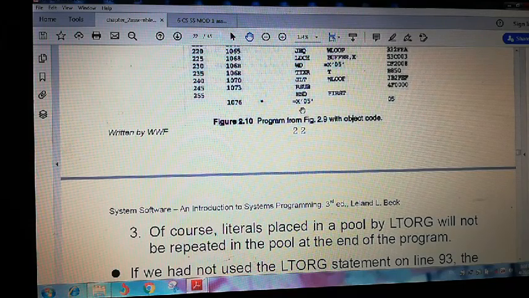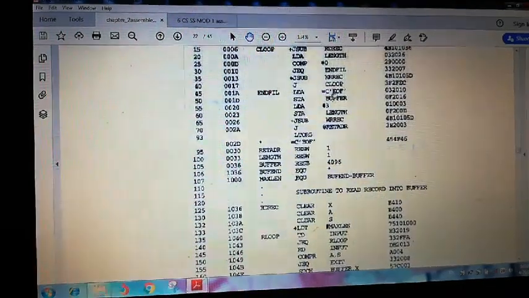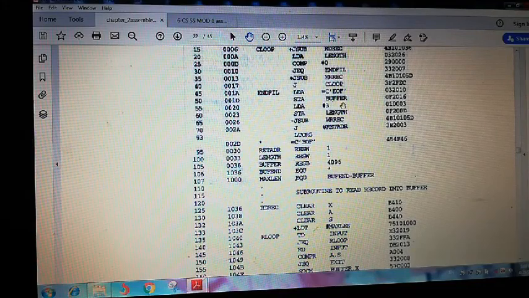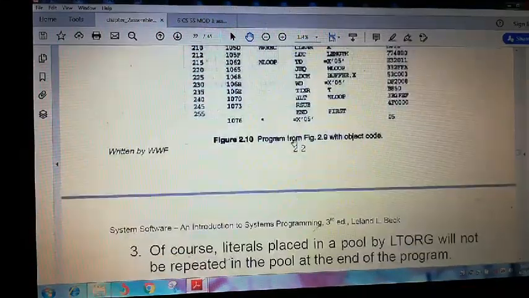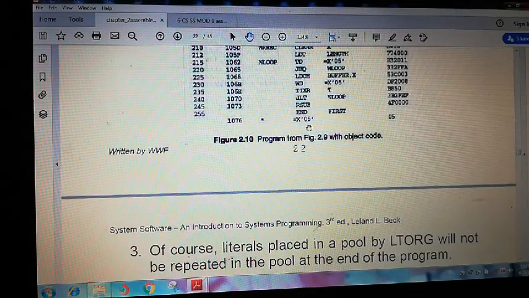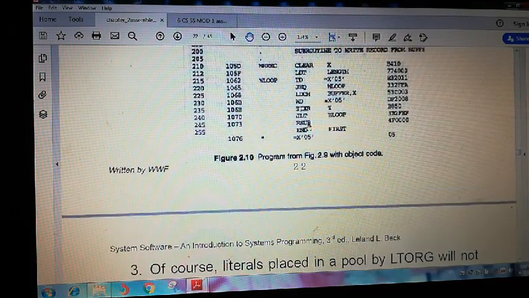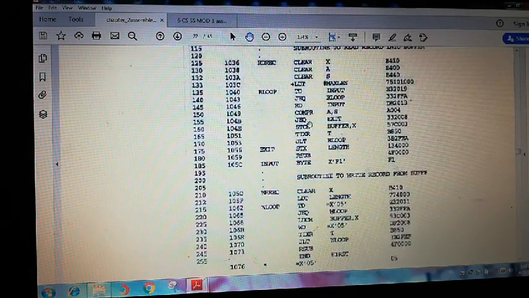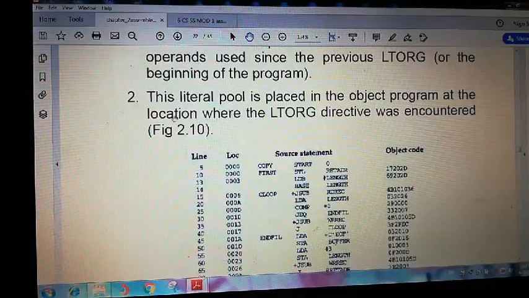I have not written one more. What is the one more? The one more is EOF. See, there are two options. All the literals can be written at the end of the program, or else, if you don't want to declare at the end of the program, you can also declare wherever you want in the program. Wherever you want to declare those literals in your program, then I have to use one more assembler directive.